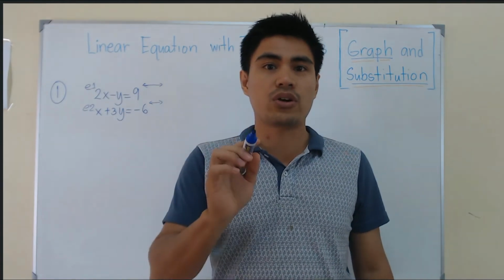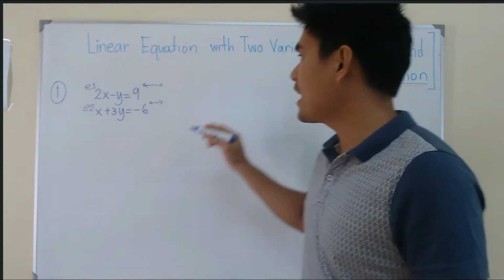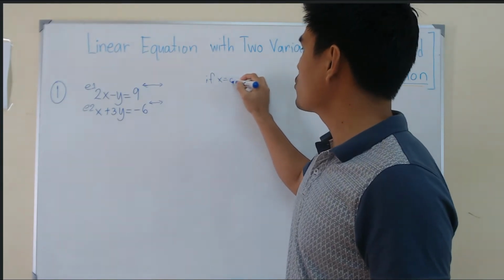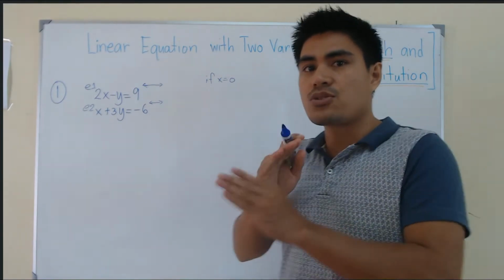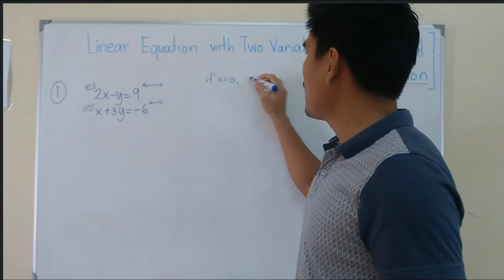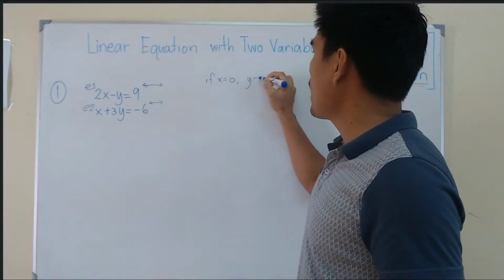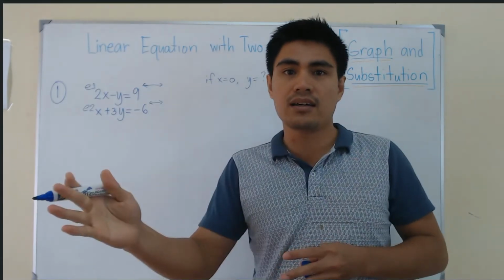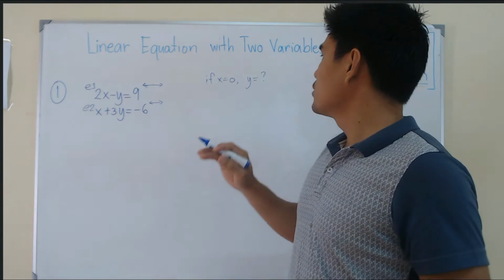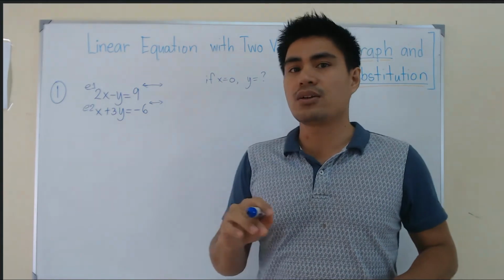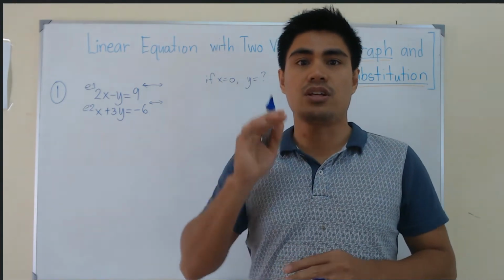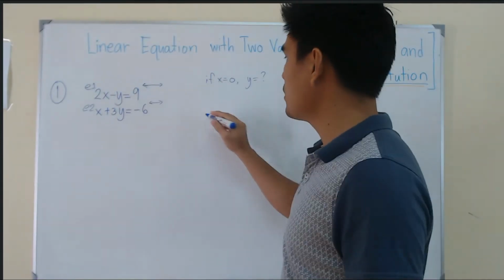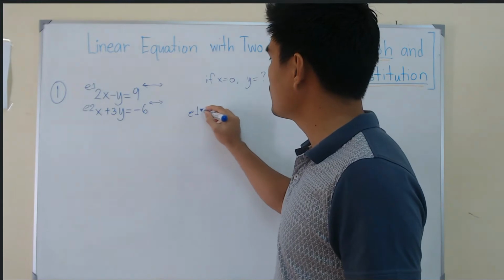Okay? To draw in the graph, we need to set x to 0 and then find out what y is. And then we will do the same for y. We will set y to 0 and then we will plot them into the graph. So are you ready? Let's start. Let's have equation number 1. Equation number 1, we have here